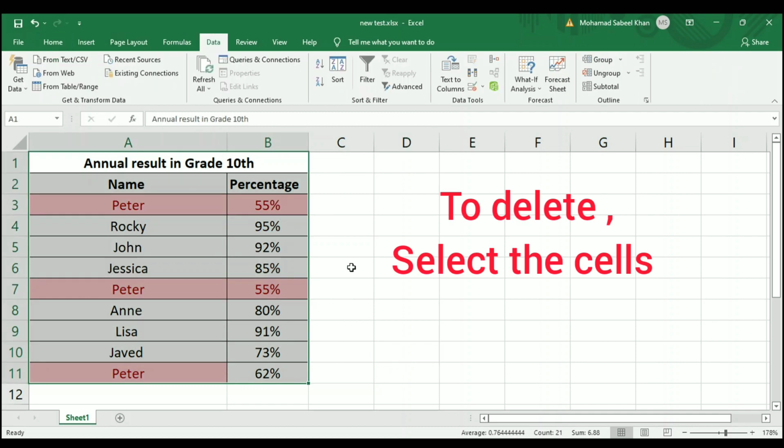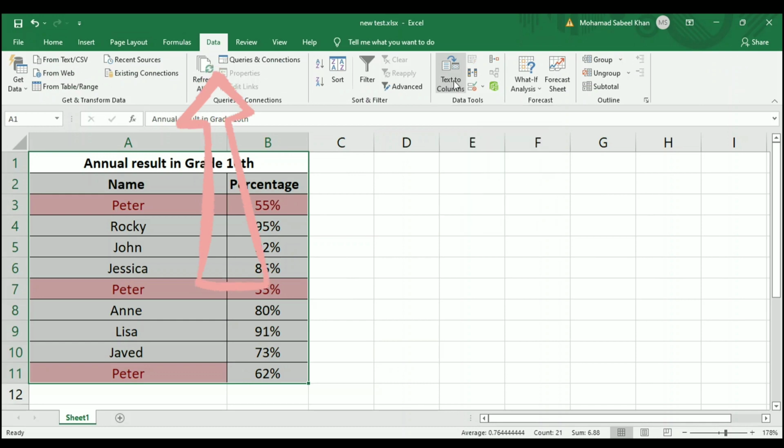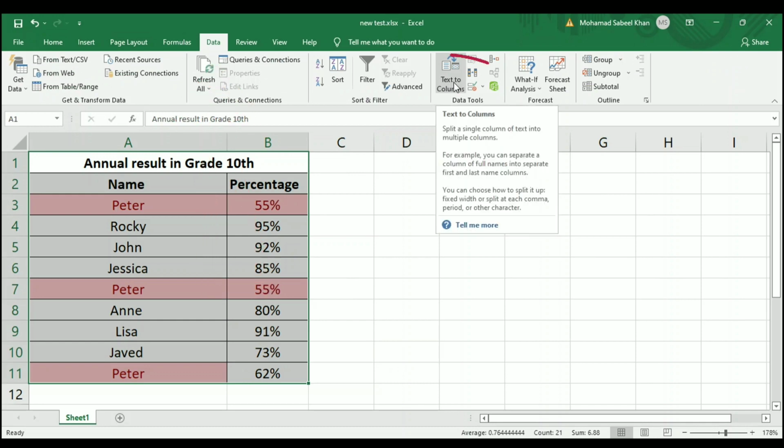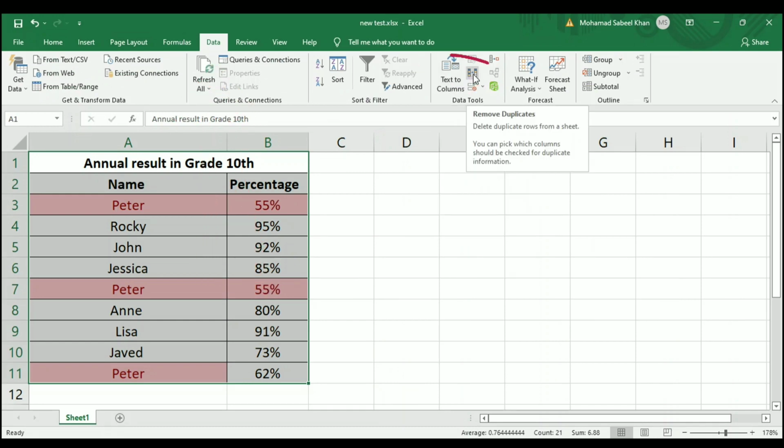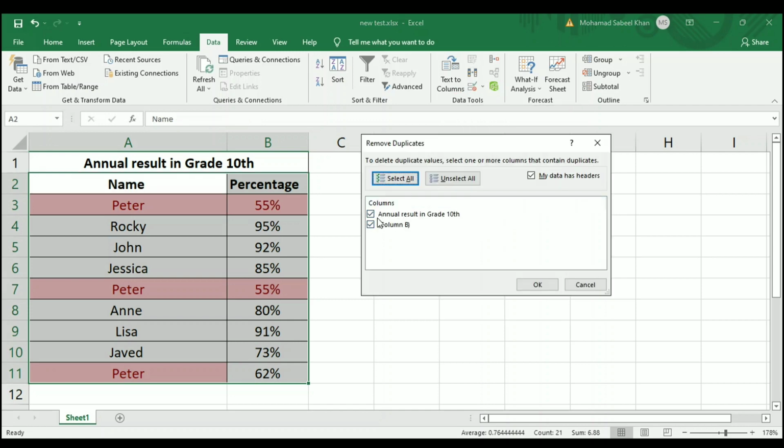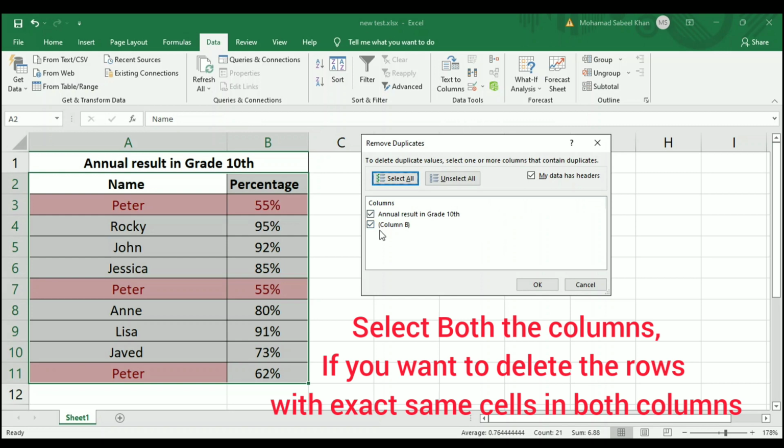So to delete it, now we have to go to data, make sure it is selected, and under data you'll find text to columns, and under text to columns you'll find remove duplicates. It might be different in different versions, but it's almost the same. Here we see the number of columns. So if we select both the columns, the rows which have exactly same cells in both the columns will be